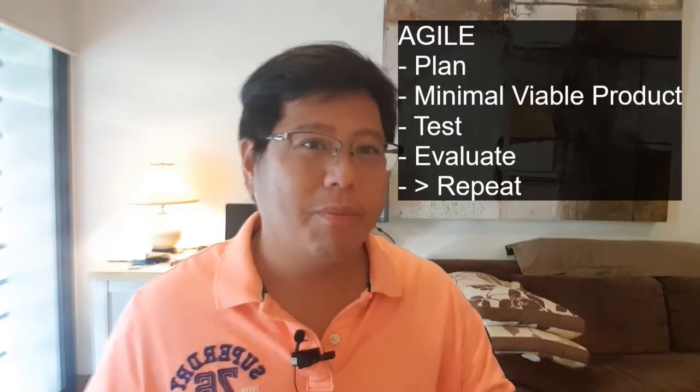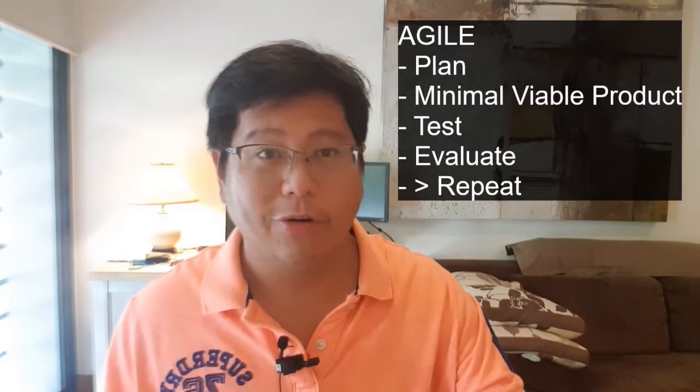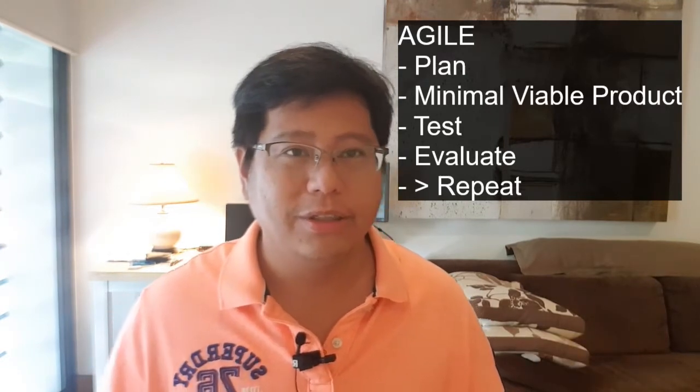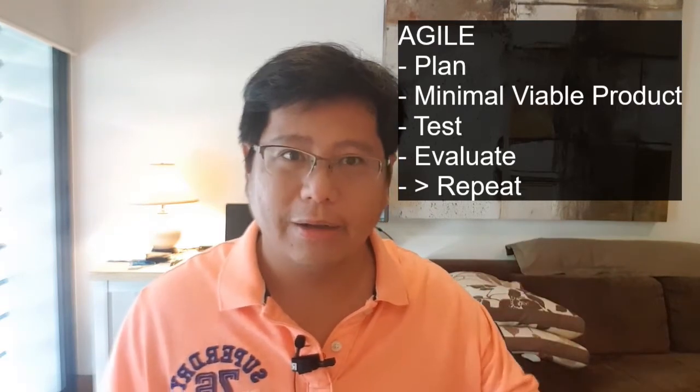So there was a whole bunch of processes happening as I was changing my behavior patterns to achieve the goal of cycling. Not that simple, right? You need to do the same thing when you're doing a tech project. You need to roll out the initial phase, the minimum viable product, then bring it out to the market, test